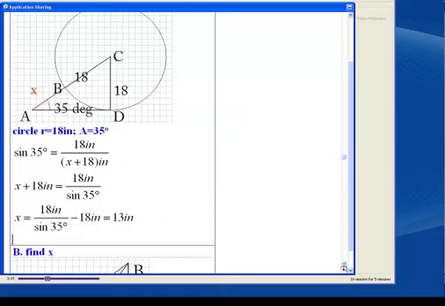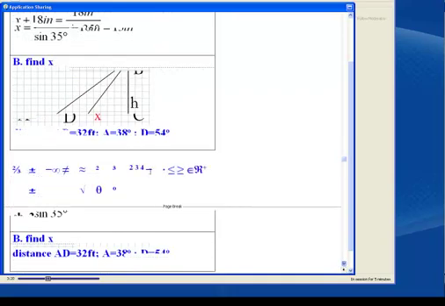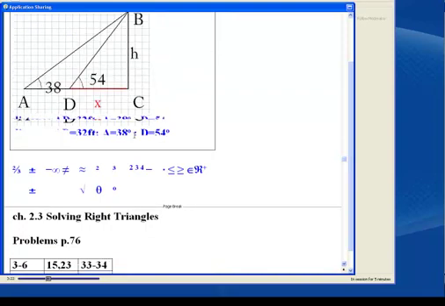Okay, the second example says as follows. The distance from A to D is 32 feet. I haven't written that on here. Use the information in this figure to solve for x, the distance between D and C. Looks like a rather complicated problem. Notice that in this second triangle, the one on the right, we have to figure out what x is,